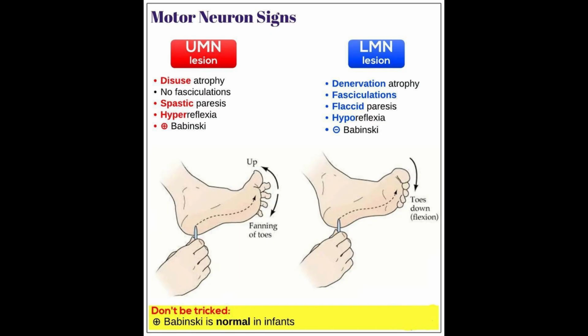Because the lower motor neurons themselves and their peripheral axons wrapped in Schwann cells are perfectly intact and healthy, you'll generally not see severe, rapid muscle wasting or profound atrophy. The muscle is still getting plenty of electrical stimulation. In fact, it's getting too much. And you will not see fasciculations, which are those continuous, tiny, rippling muscle twitches caused by a dying lower motor neuron spontaneously misfiring. So if a patient has spasticity, hyperreflexia, and an upgoing toe,